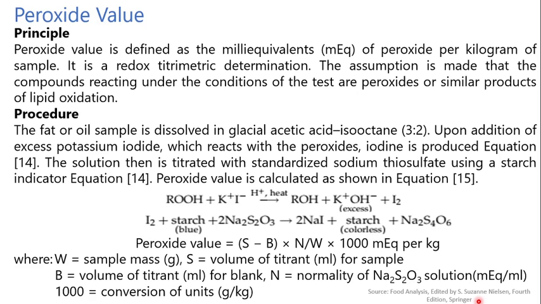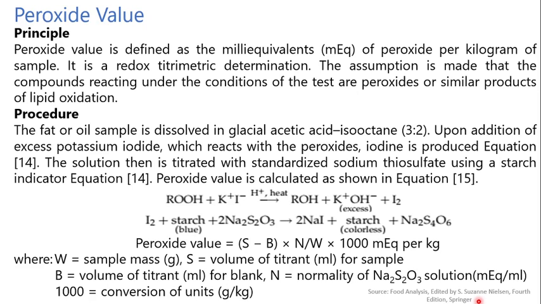as in the equation. The first reaction: the peroxide, when reacted with KI on heating, gives rise to the alcohol ROH plus KOH, and iodine is liberated. The liberated iodine, when titrated with sodium thiosulfate, gives rise to sodium iodide, and the color changes from blue to colorless, and from this we can calculate the peroxide value, that is